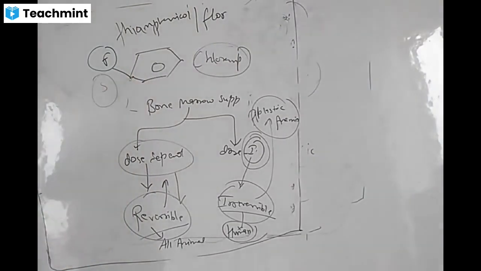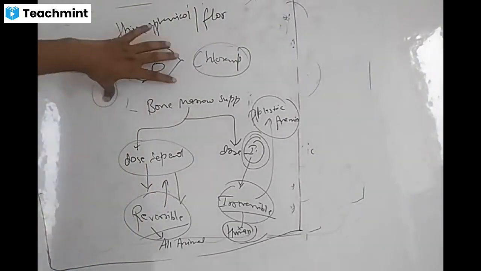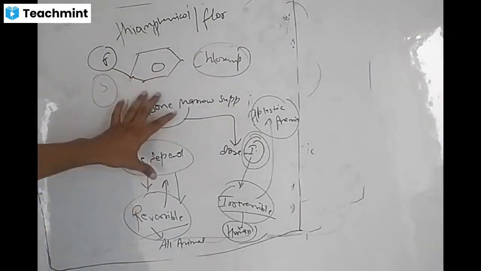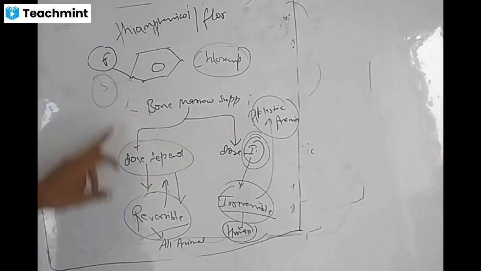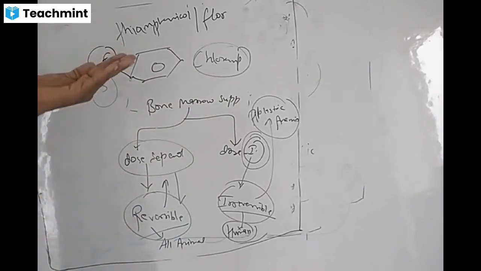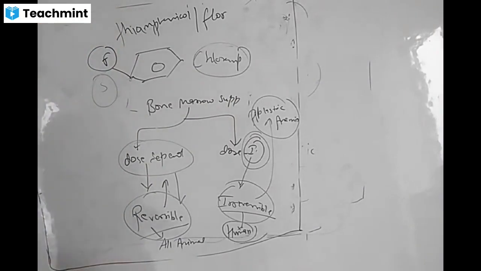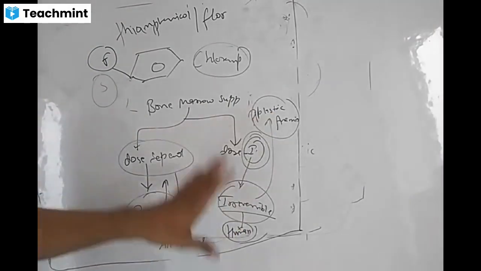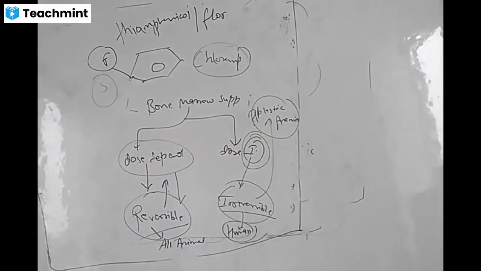So thiamphenicol and other molecules are safe as far as bone marrow suppression is concerned, because the molecule was NO2 group. Dose dependent means reversible: increase the dose, toxicity increases; decrease, it comes to normal. That is in all animals. Independent, I for I, irreversible, occurs in human